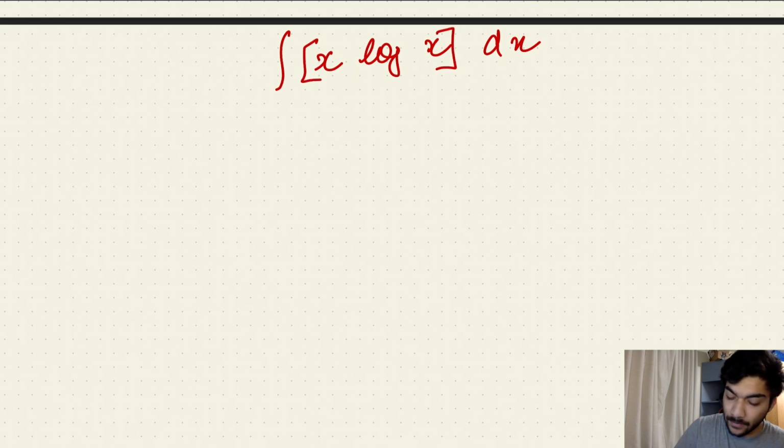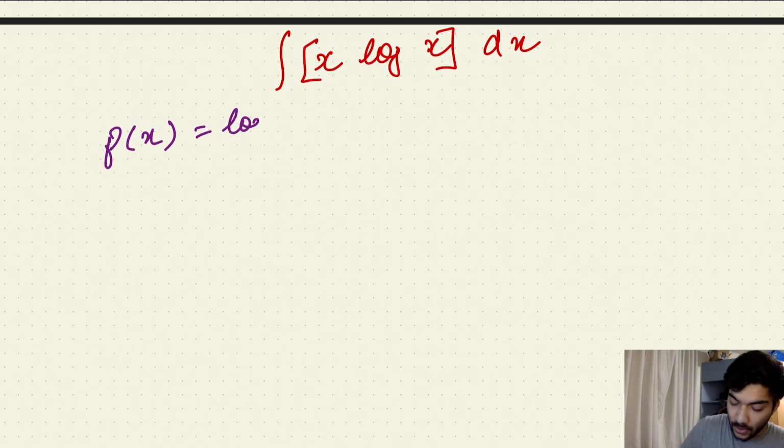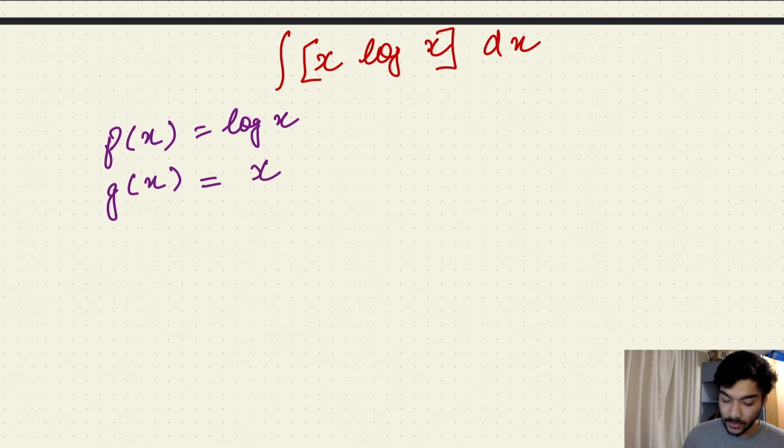So that is why, while choosing our first and second function, let's assume the first function to be log x and the second function, because we already know an integral for x, let's choose the second function to be x in this case, right? And now in order to solve this integral expression,